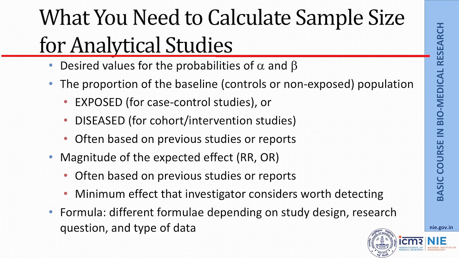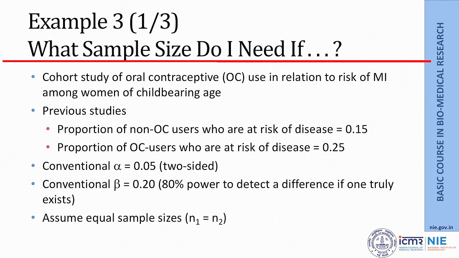And you need to have some idea of them, and these are often based on previous studies or reports. Also you should have some idea of the magnitude of the expected effect, that is the magnitude of relative risk or the odds ratio. This again is based on previous studies or reports, and what's the minimum effect that the investigator considers worth detecting. Once this information is provided, there are very easy formulae available, different formulae depending on the study design, research question and the type of data. Now, let us take a few examples